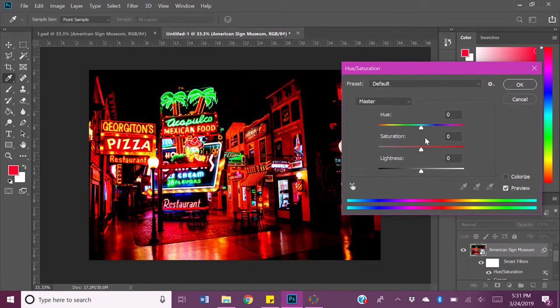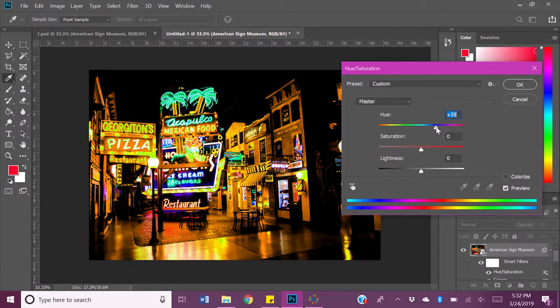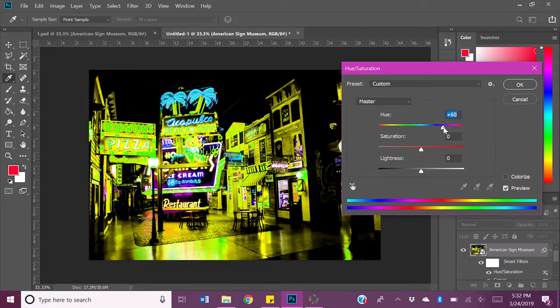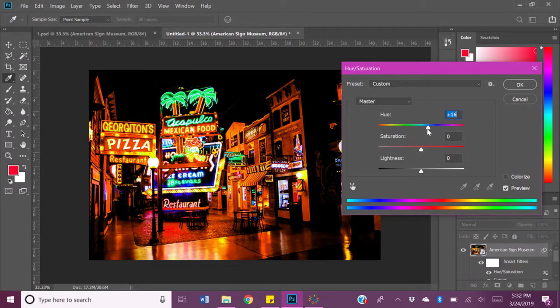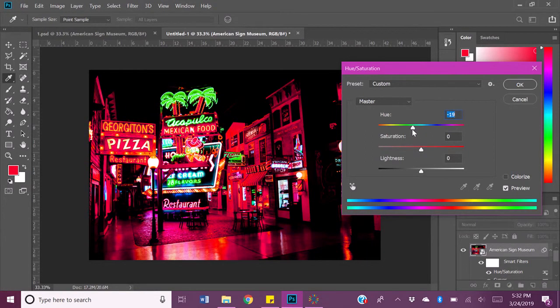It's going to be able to change all the colors a little bit depending on which hue you pick. So if I were to go this way a little bit, everything's getting a little bit greener. Went this way, more red, kind of pink, which I like the look of. I think that looks kind of Las Vegas-like. Keep it there. You can kick up the saturation or take it down,